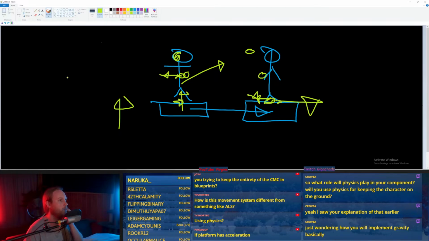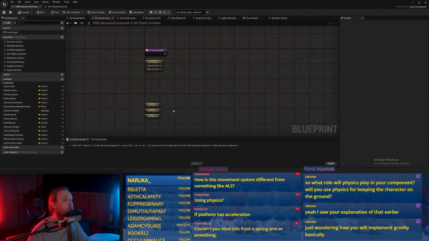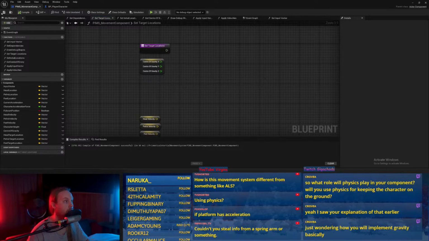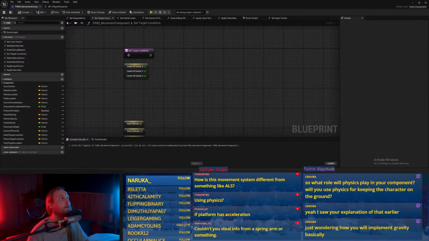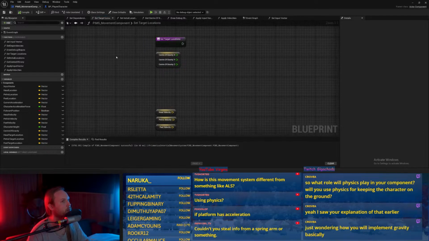Wondering how you implement gravity, basically. I'd probably apply it on all three bodies independently.